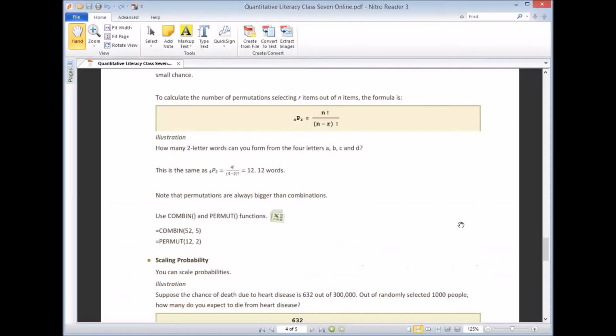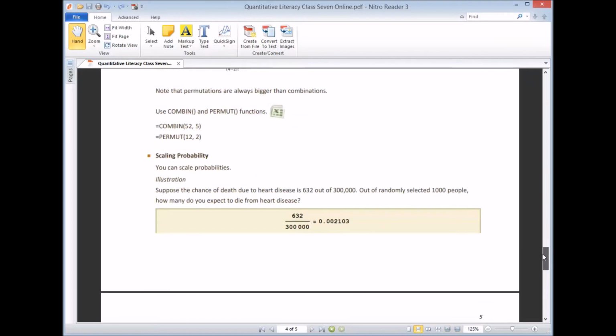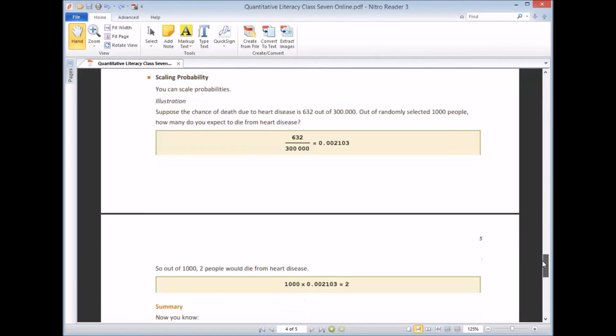Alrighty, so let's move on. You can also scale probabilities. To show you what I mean, here's an example. Suppose the chance of death due to a heart disease is 632 out of 300,000 people. So if I randomly select 1,000 people, how many of those 1,000 people do you expect to die from heart disease? So what you do is first you figure out the original probability, which is 632 out of 300,000, which is about